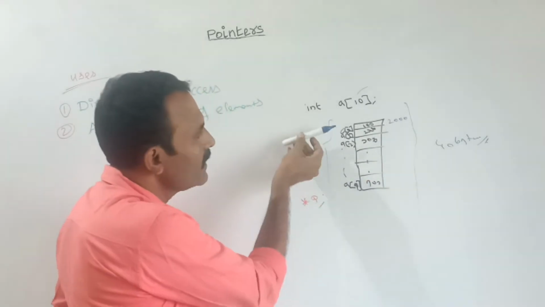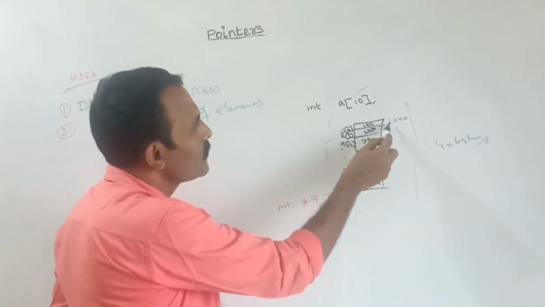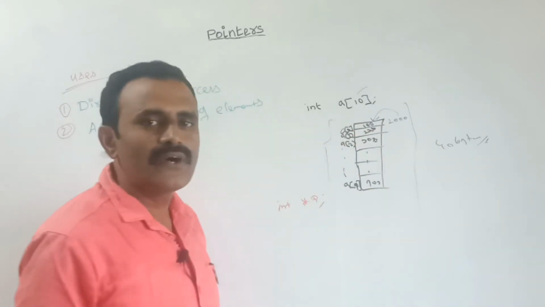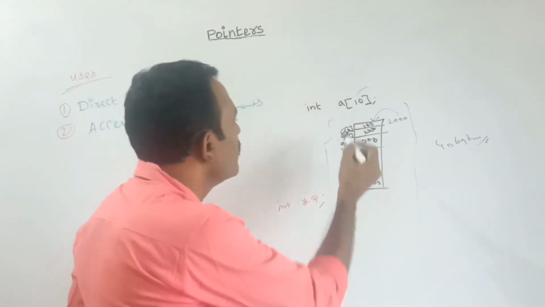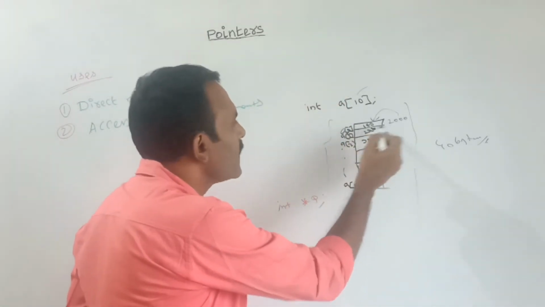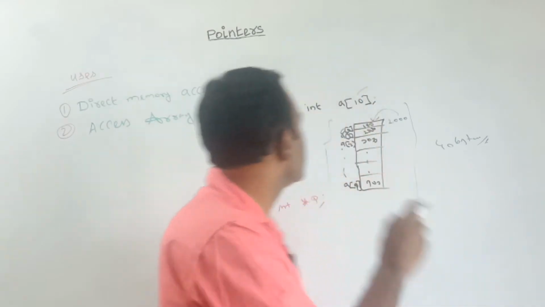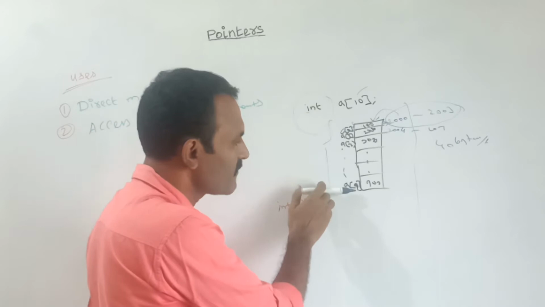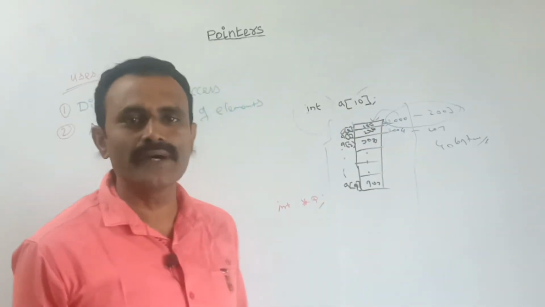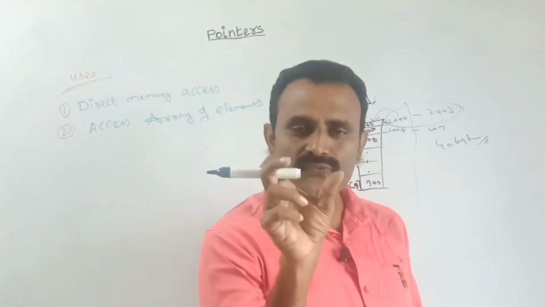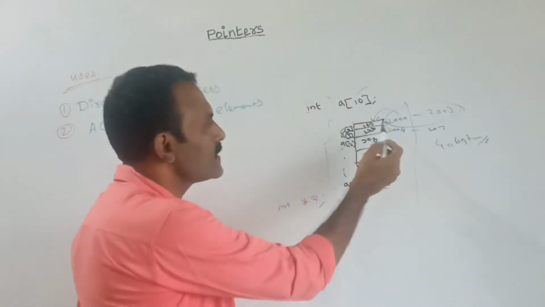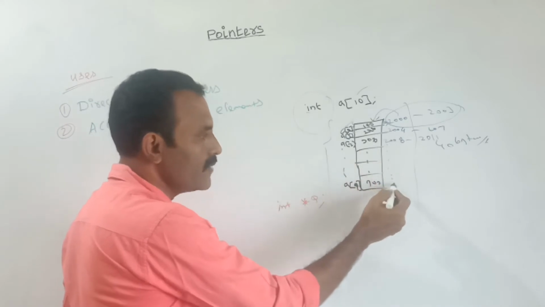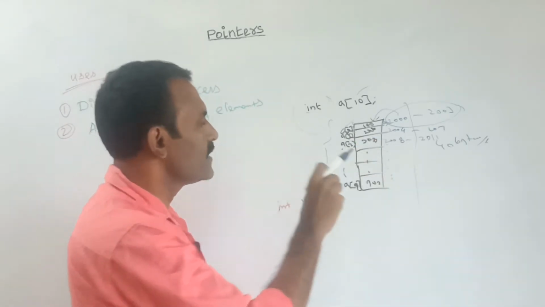Then here for this block, in the 2000 I had stored the value how much? 100. So each and every block has 4 bytes because this one is integer. Here each and every element, from 0 to subscript value 9, is stored with 4 bytes. See here, the starting address is how much? 2000. In a similar way, up to this is the last element. So each and every element holds 4 bytes of memory.